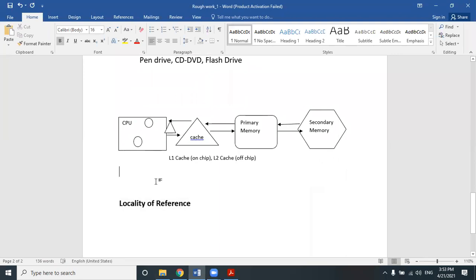Suppose you have thrown a party at your home. This is the summer season, so you have thrown a party in the summer season. You would like to invite your 5 friends, to attend the birthday party, and you would like to offer them cold drinks when they come into your house.